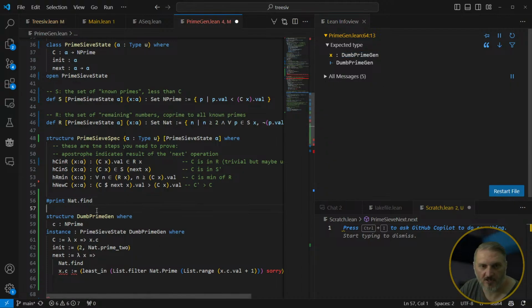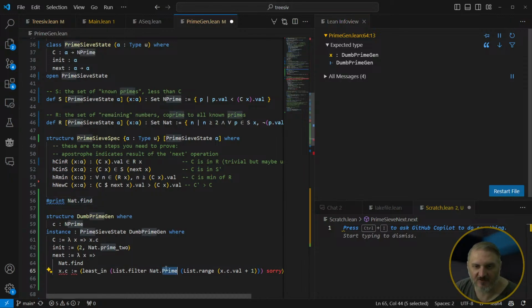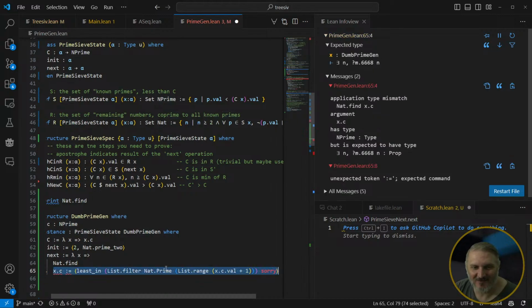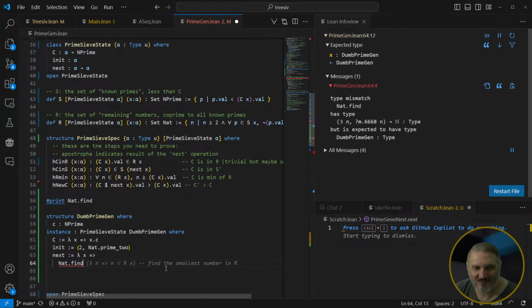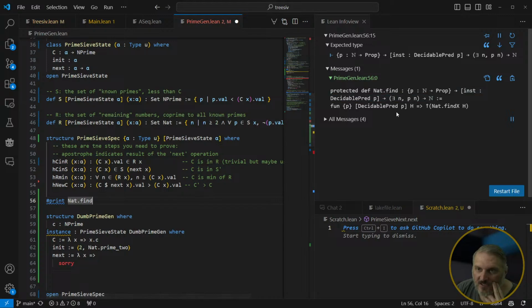Why is nothing happening? This should give me an error, but this should be fine. Oh, maybe it's trying to find out. Maybe it is looping through all the integers. I don't know. Let's just change this to sorry right now. All right, so nat find is